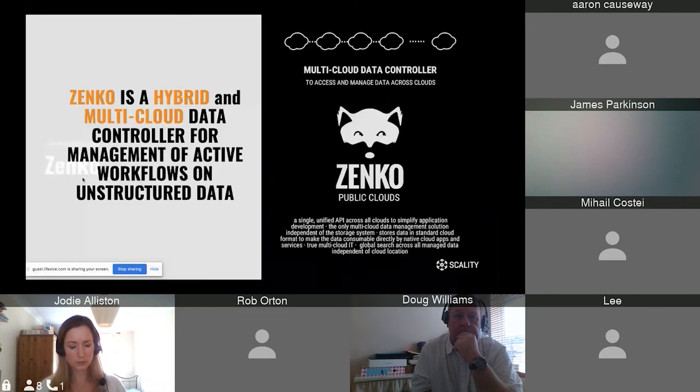So I'll just take a few more minutes to talk around Zenko. So Zenko is our multi-cloud product, and basically it exposes an S3 front end. So obviously S3 is the current de facto cloud API that people use. But one of the benefits of Zenko is it can talk to any cloud backend. So it can talk to AWS, it can talk to Azure, it can talk to GCP, and it speaks natively